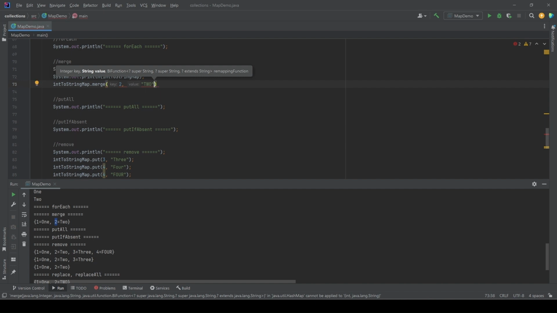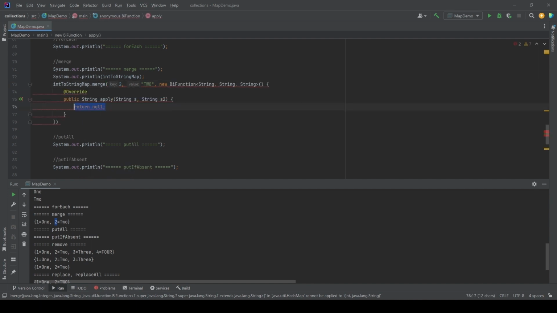Now we know if we don't use the merge method and if we try to add this entry, the existing value will be replaced by the new 2 value that I'm providing here. But because we are using the merge method